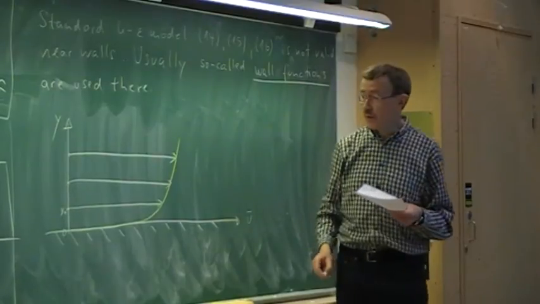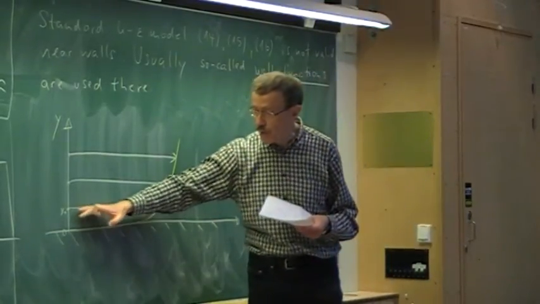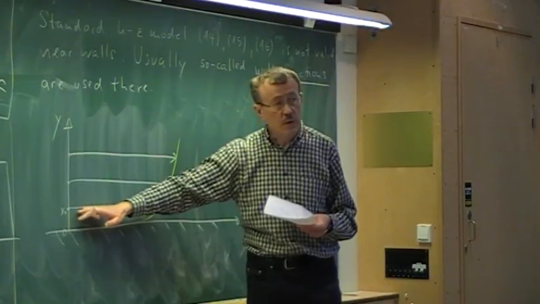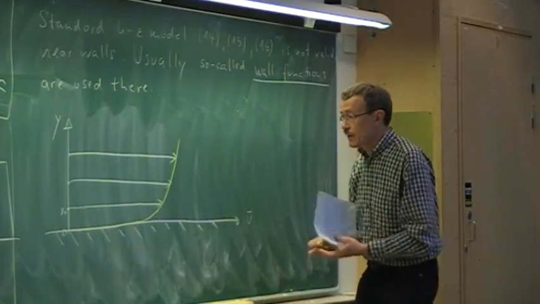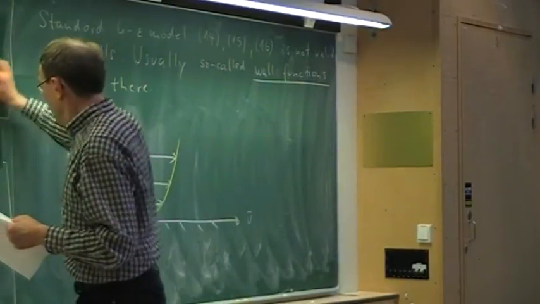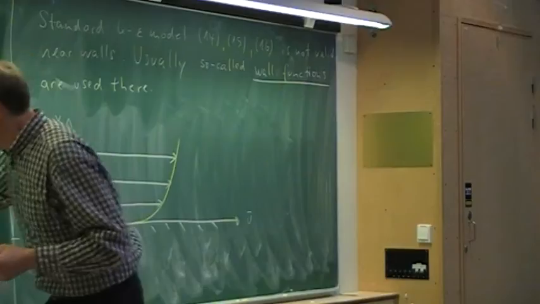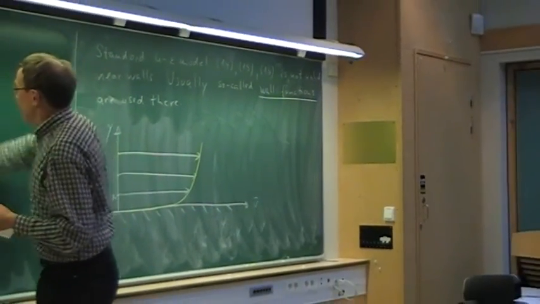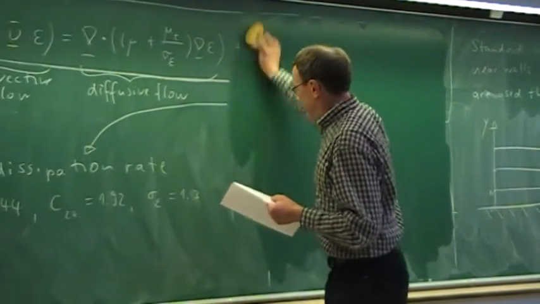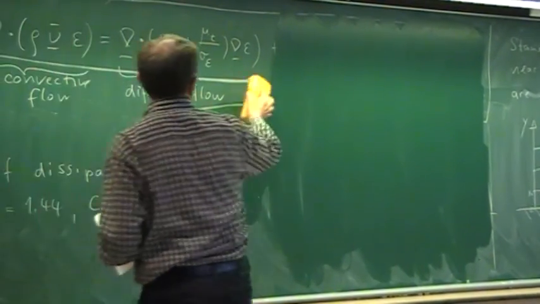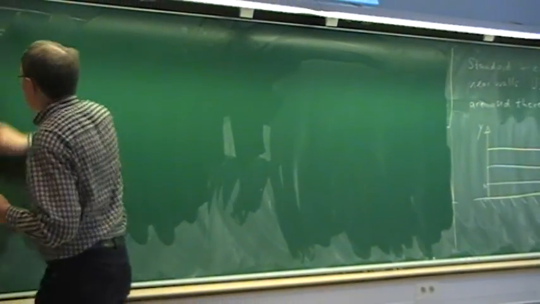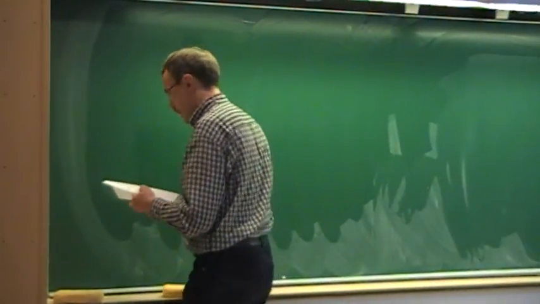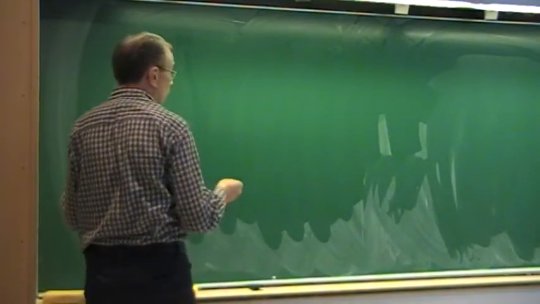And the catch is now that we choose our grid points, our first grid point away from the wall, such that we are in the log-law region of turbulent flow. So let me tell you what that means. So that means the velocity u, in that case, the mean velocity u,